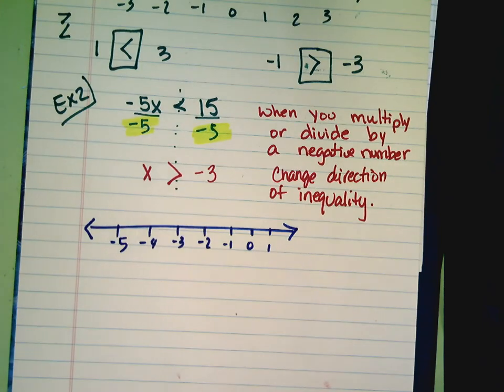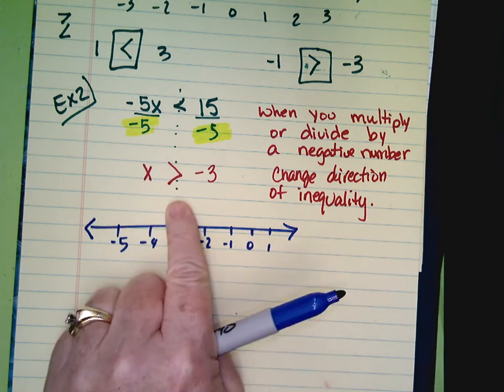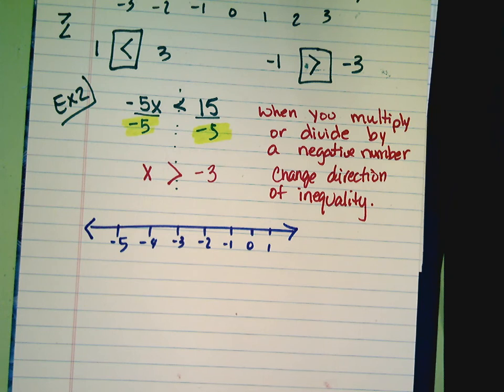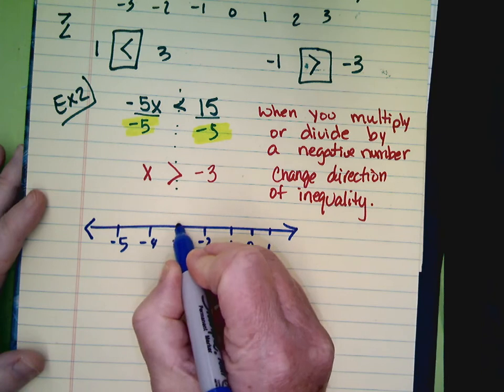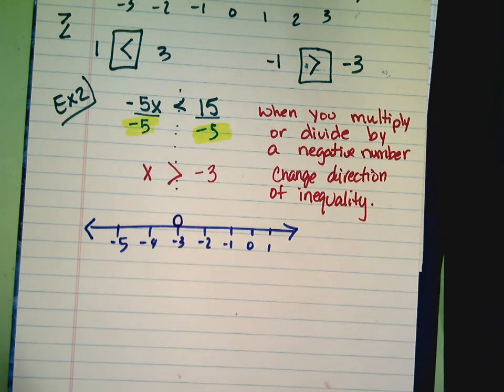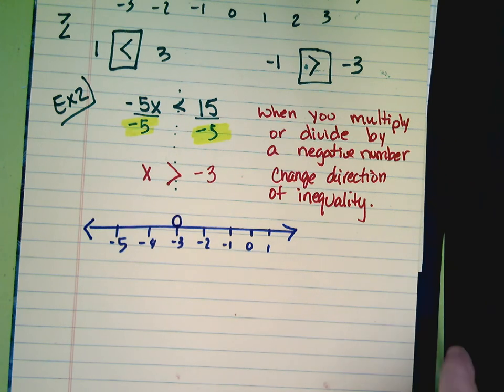Okay. My first decision is about my circle. What kind of circle would I need here, Mr. Curry? One. On -3, you're correct. Open. Open circle on -3, and then we need to test. So